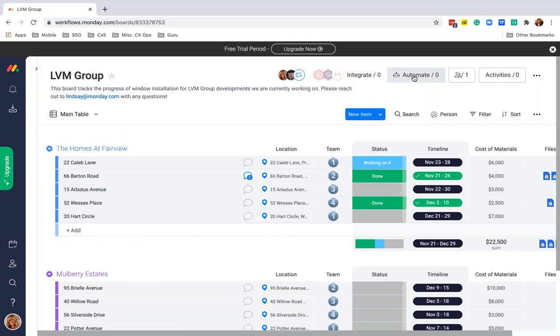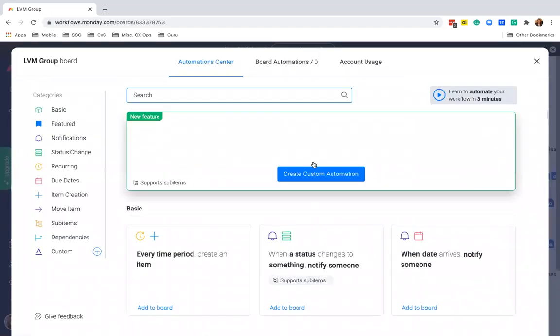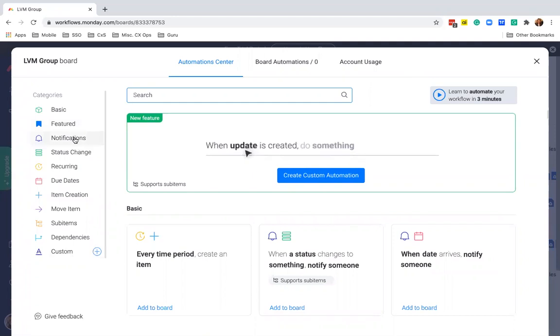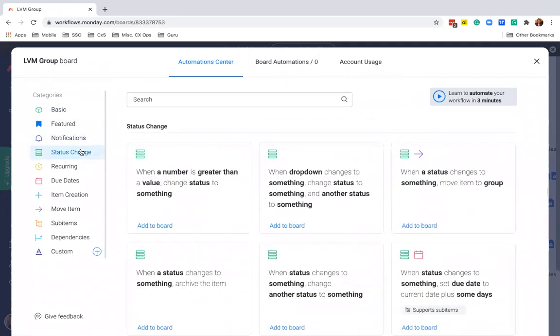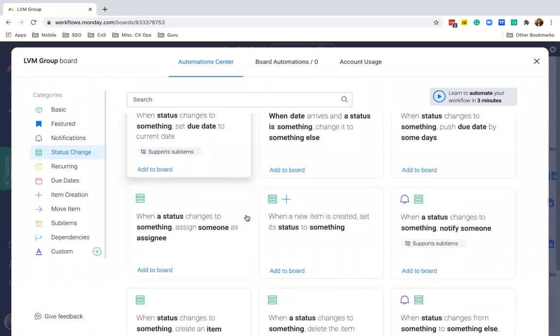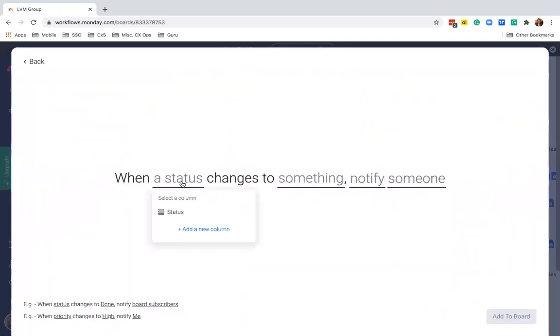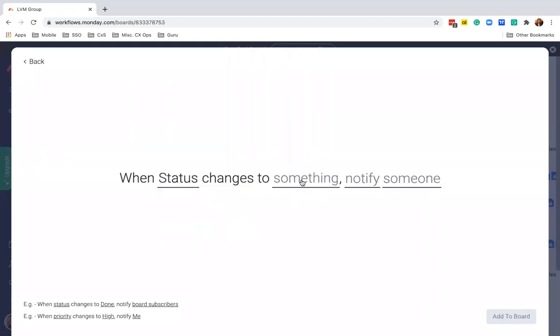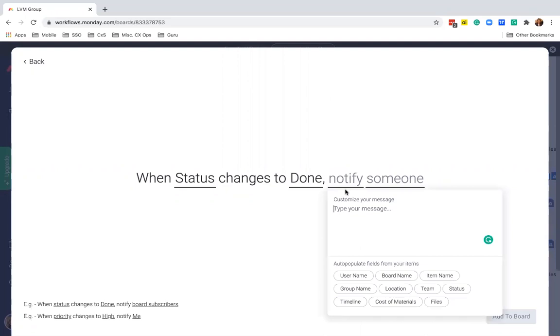So if I click on the automate option here, you'll see we have so many different options in lots of different categories. I'm just going to use a very basic one today, which is when a status changes to notify someone. So when a status, so I can click the status column on my board, changes to done, which means the project is completed, I can notify and I can put in a custom message and even map information from my board. So I'm going to say, great work on, and I'm going to use the item name so that that'll pre-populate the address that was worked on and just kind of send a motivational message to my team